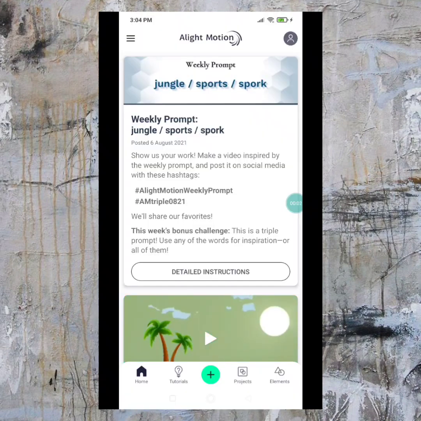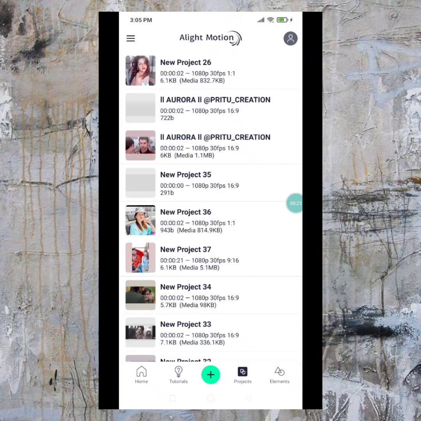Also, I get so many messages for Alight Motion QR codes, except like XML files. So let me tell you all that there is no option for making codes, and even though you can import them, we editors don't have the option to make the QR codes. Editors also requested me to tell them how to save or share your Alight Motion coloring.